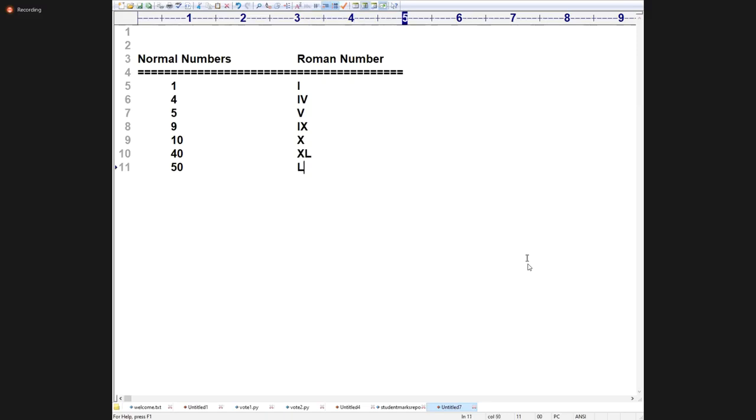Next 100 will be coming, there is a C, and 90 will come, according to mathematics. Next, 500 will come, that is called D. 400 means CD. 1000 will be there, it is called M. Next, 900 will be there, that is called CM.